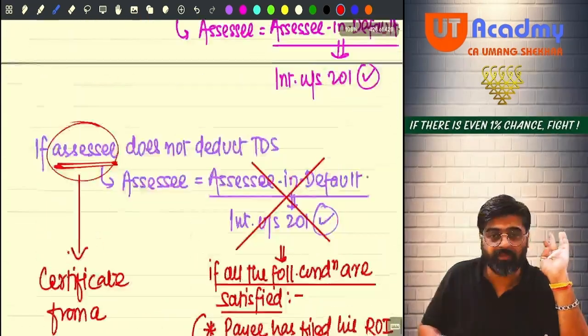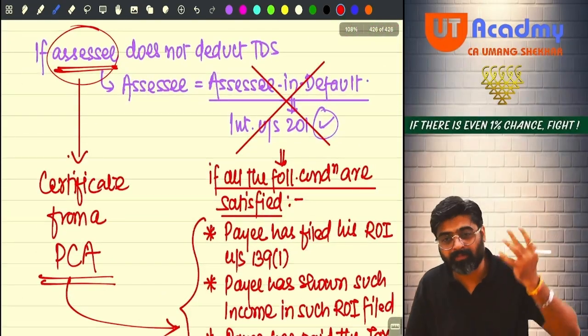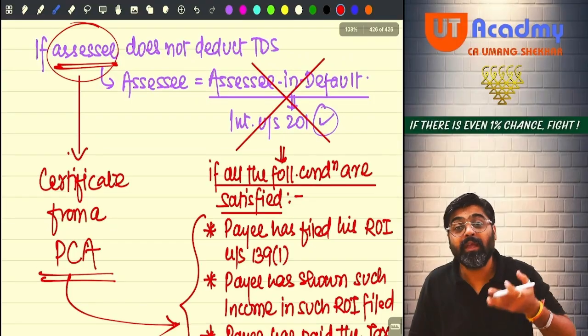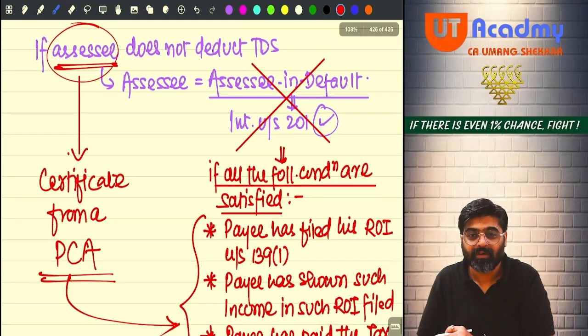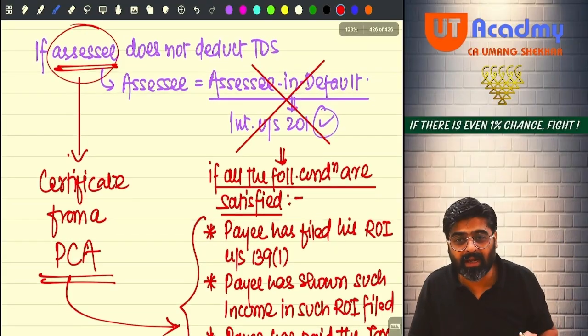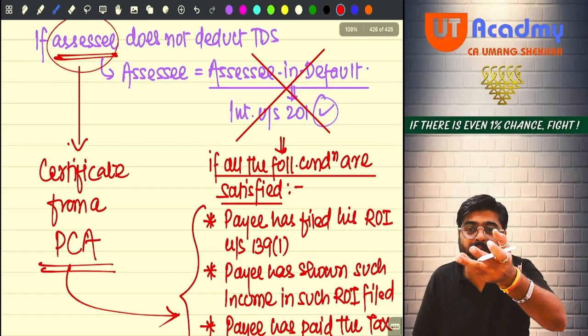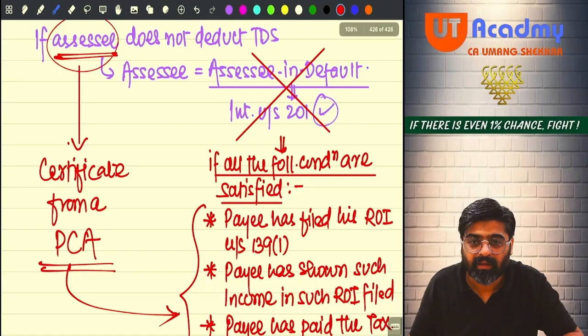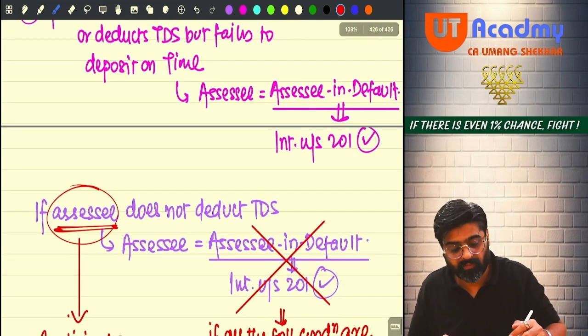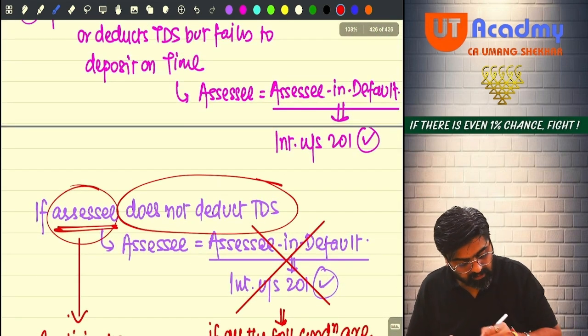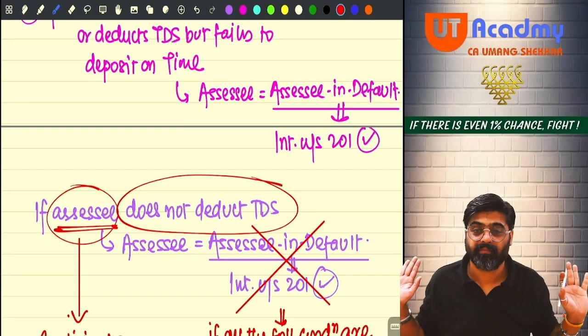Now, this type of certificate you cannot bring. See, he has paid, no, this, no, that, no. He has paid, but you have deducted, and it is money lying with you. You have not yet deposited that money to us. So for what reason are you giving us this certificate? Hello? This certificate can be given only if the assessee does not deduct TDS.